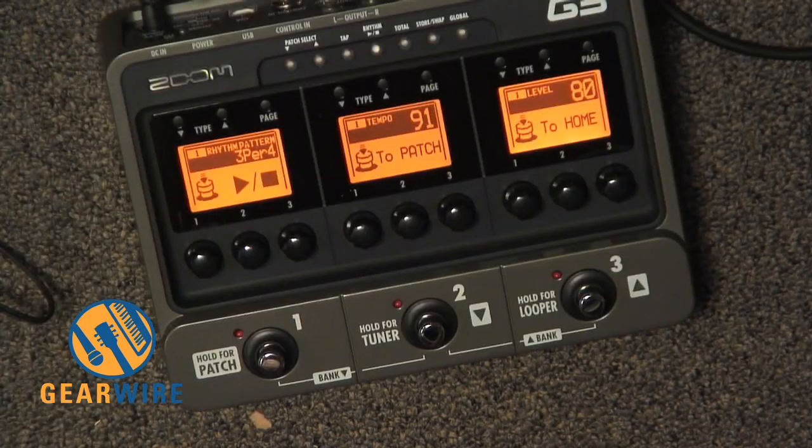I think the G3 is really excellent for practicing at home. It definitely was made for live performance. It was made to use in front of an amplifier, or you could use it in front of just a PA speaker, because it has all of these amp simulations built into it. But I think that the combination of the rhythm machine and the looper,